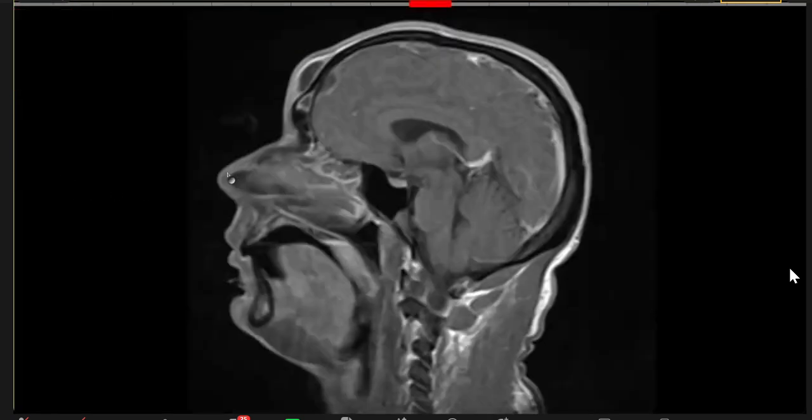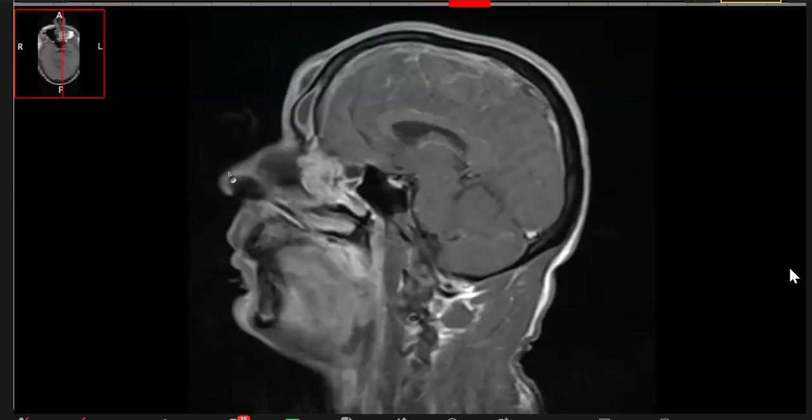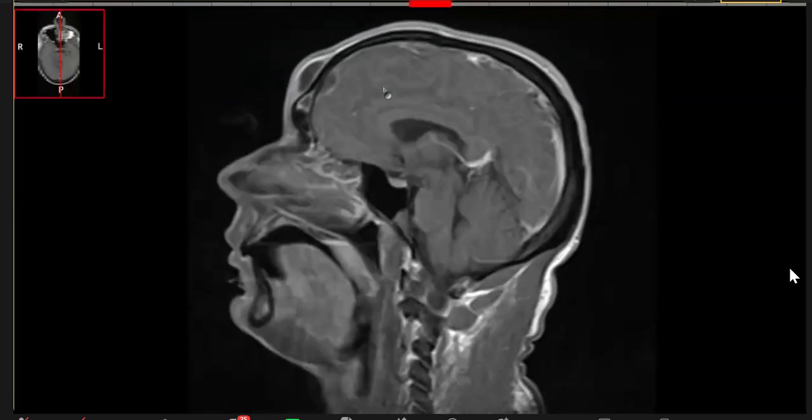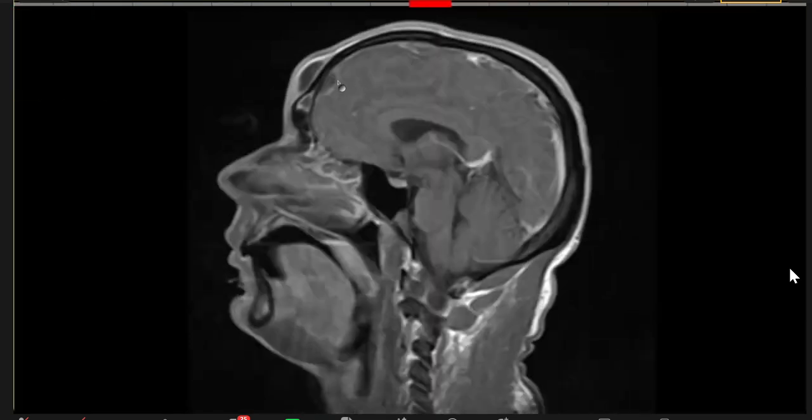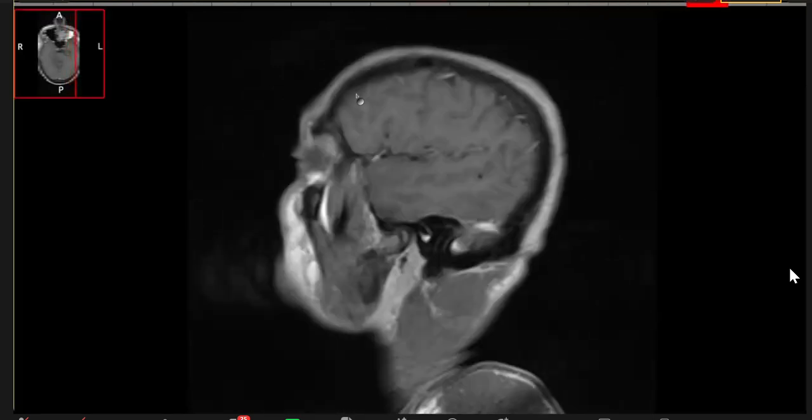Then I showed a sagittal, which the candidate asked for, and here it is very clear that this is an epidural abscess. This is an epidural abscess. It's not just meningeal enhancement, it's more than that. Now, other than that,